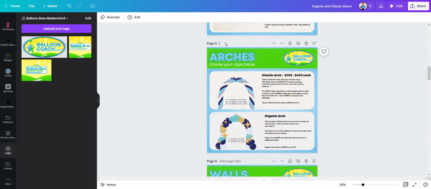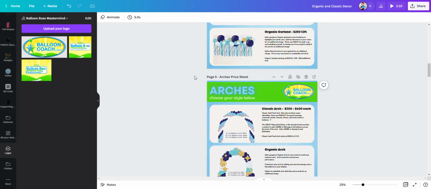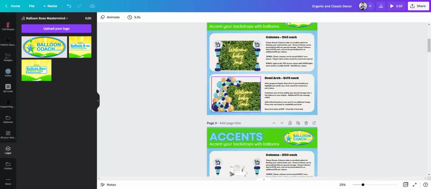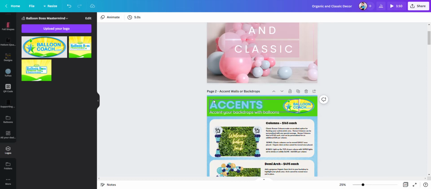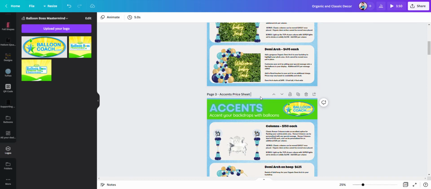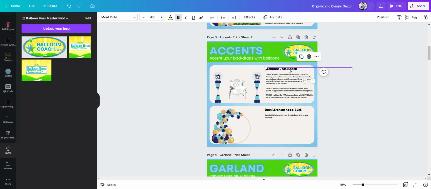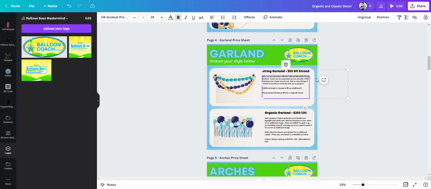And of course, I like to change all these because you'll say Arches price sheet, right? Say Garland price sheet, Accents price sheet. We'll call that 1, and now we'll edit this to say 2, because we've got 2 of those, but that's just 2 of the same type of thing, right? And we, of course, will change the prices as needed. This doesn't need to be way out here. But now you've got real simple, easy,